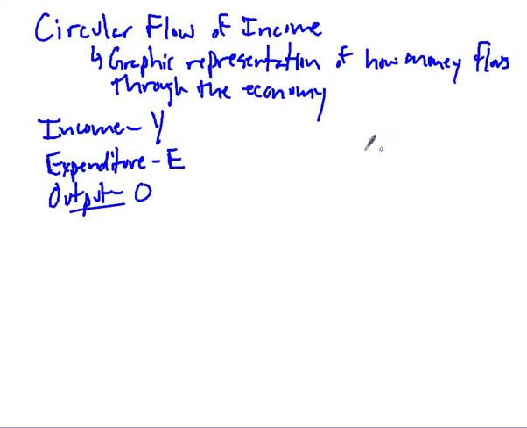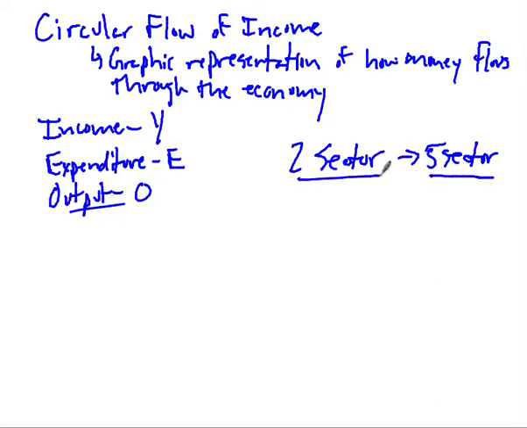Now, there are a couple of different models that we're going to look at. The first one is pretty simple. It's a two-sector model. These go all the way up to five-sector models, and that gets a little bit more involved, but it's still pretty straightforward. We're going to start here, and we're going to end up here. So let's get a new slide here. So circular